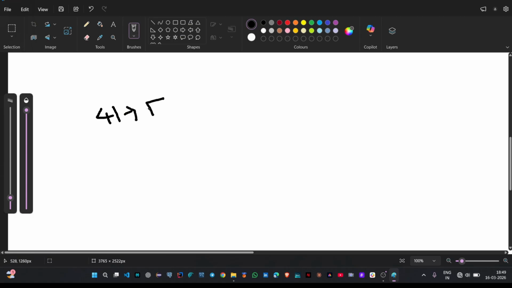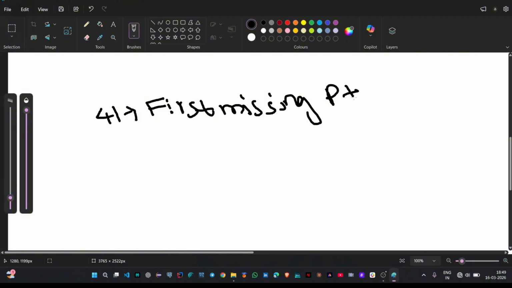Finding the first missing positive. First missing positive we need to find. Like for example, we have an array